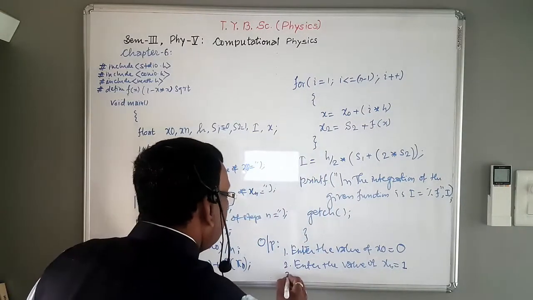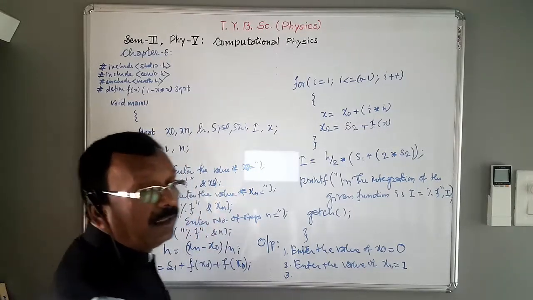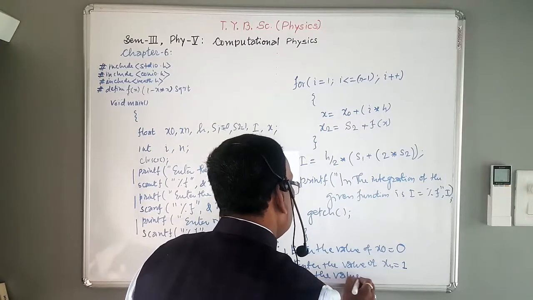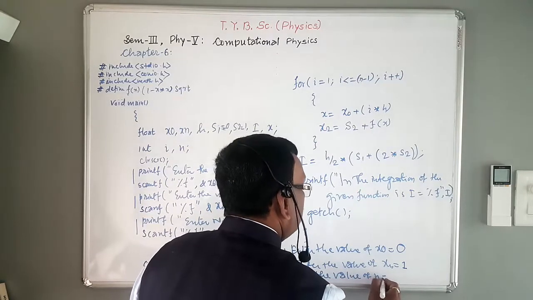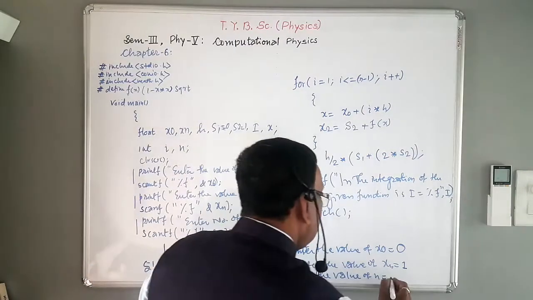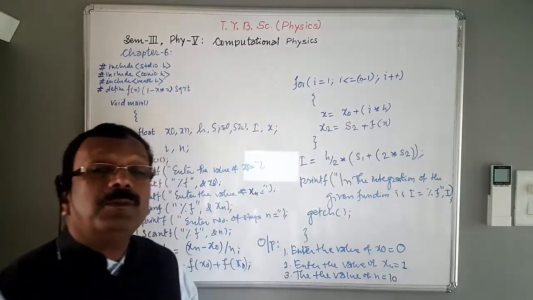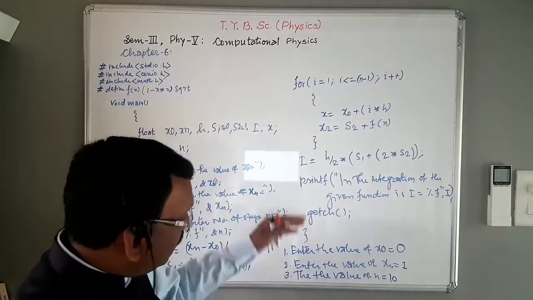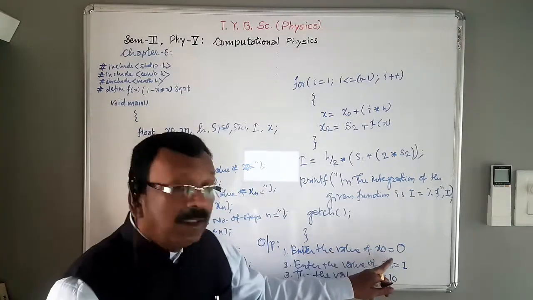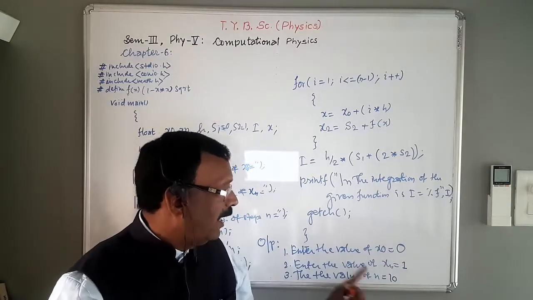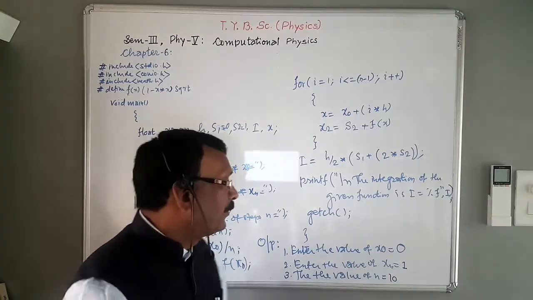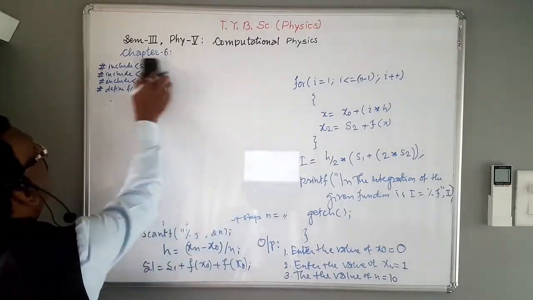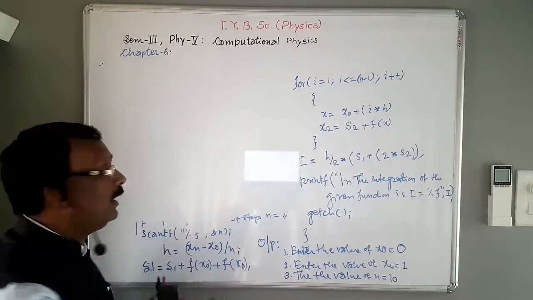Then the computer again asks us, enter the value of n. Suppose we give the value of n as 10. The value of n means the number of steps for integration. If there are 10 steps, when we supply lower limit as 0, upper limit as 1, and number of steps 10, then obviously the computer executes the program and gives the output, that is the last message,